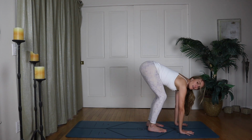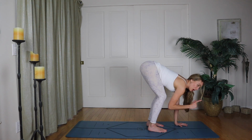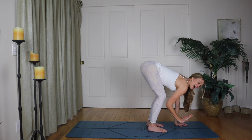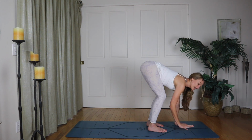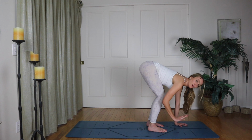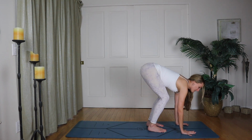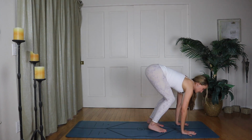Making sure the hands are firmly planted. From here, I think it's very important to think about your shoulders going forward and then your elbows hugging in to catch you, really making a platform for your body with those bent elbows, elbows stacked on top of wrists. So you can jump back, maybe just with one leg,